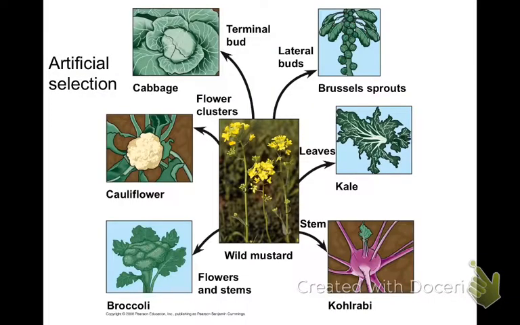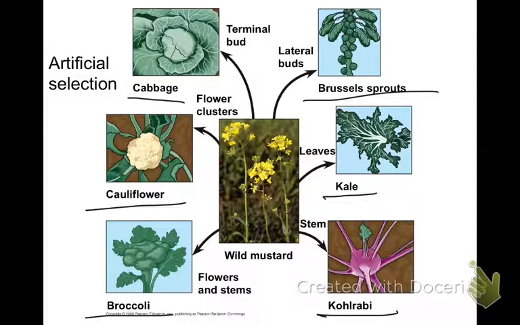Okay, and with plants, if you notice, wild mustard is the original ancestor from which we have so many variations that we have artificially created through farming practices. We have the cabbage, we have cauliflower, we have broccoli, kohlrabi, kale and Brussels sprouts. All of them are from the same family, related, cousin-like, but have the common ancestor and